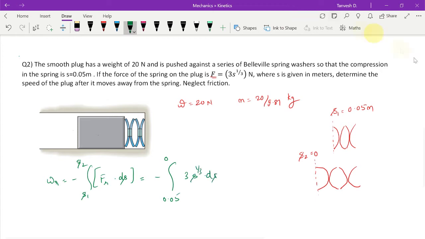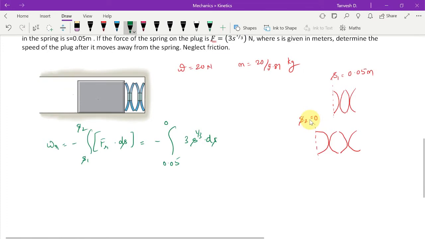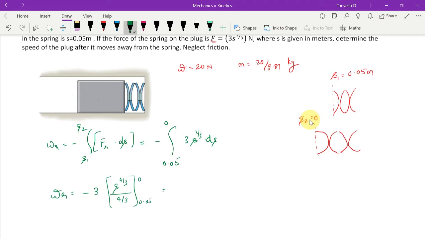So let us see how much we get this work done. Wr is equal to minus of 3 into s raised to 4 by 3 upon 4 by 3, right, going from 0.05 to 0, and here you will get minus of 9 by 4